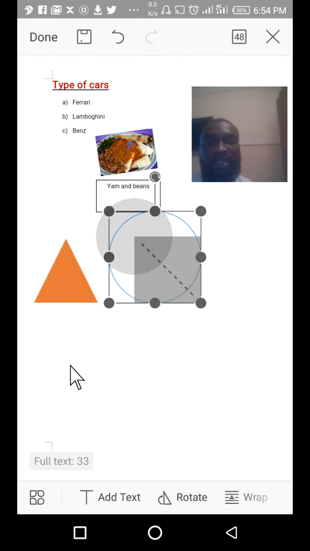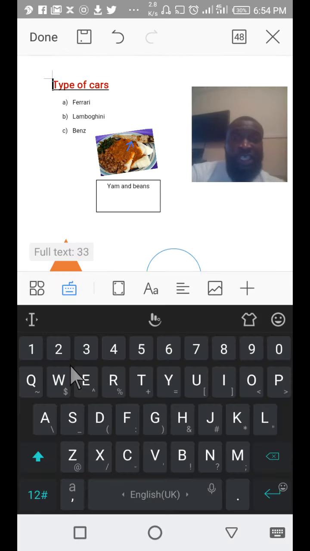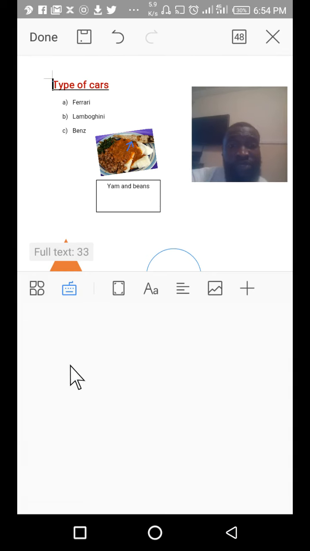All right, and there we go. Voila, we have a circle on the screen right away. Okay, one more thing. I'm going to teach you how to delete shapes and objects that you inserted on your document. Quickly, if I want to delete this overall shape that I just inserted,